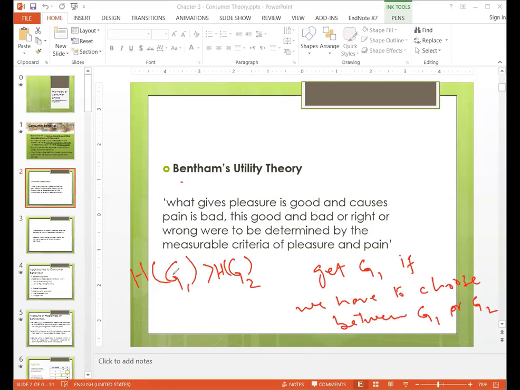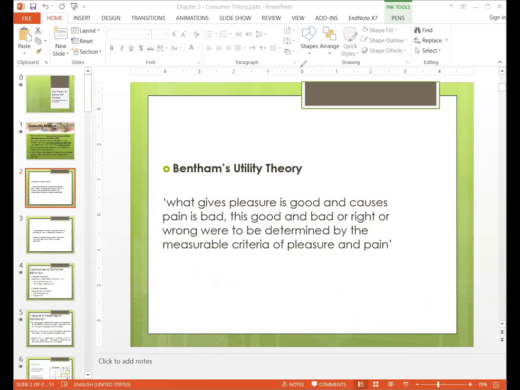So Bentham gave us this idea that we will measure the need from the happiness that we receive. The more we need, the more happiness we have. For example, if we are thirsty, then water will give us more happiness as compared to a burger, because we need water right now. But if we are hungry, then the burger will give us more happiness than maybe a rough copy or a ball pen. The things that you need most will give you more happiness at that time. So he is giving us this idea.